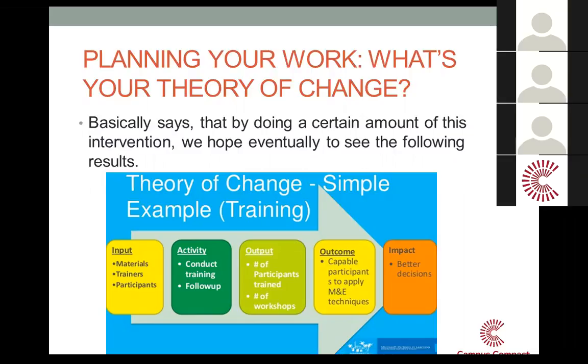And then long term, the change that we're hoping to achieve are better decisions made by our trainees. So we were maybe training them on financial literacy, and our immediate goal was we wanted people there to be trained. We wanted them to rate that the training made sense and that they understood what the stuff was about. And longer term, we want to see folks making better decisions and maybe opening savings accounts as